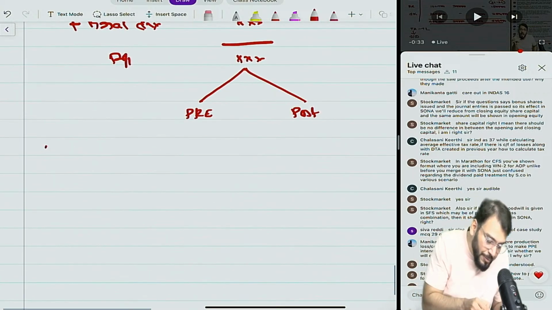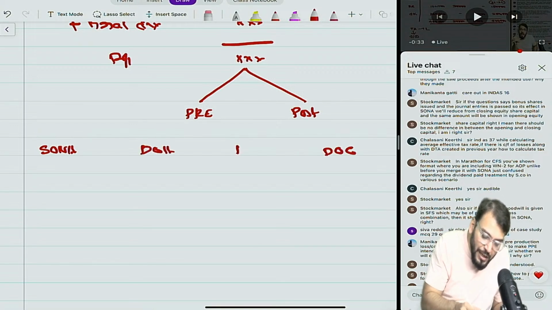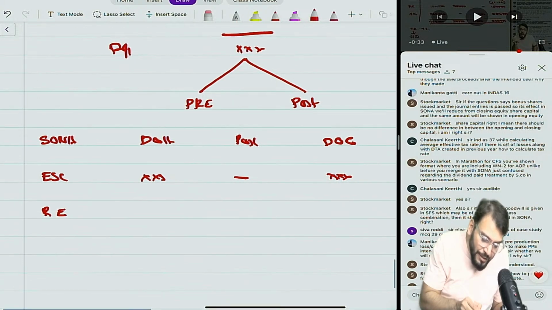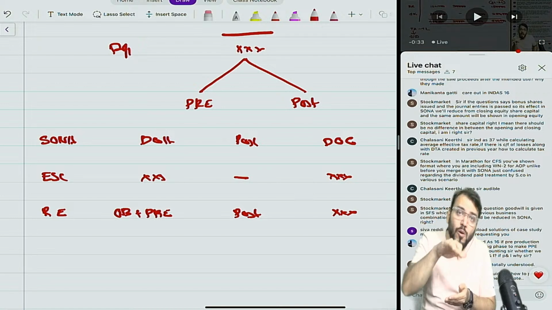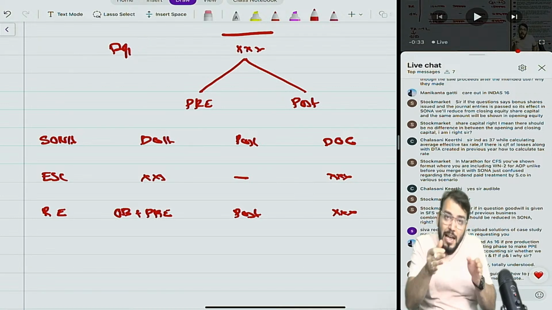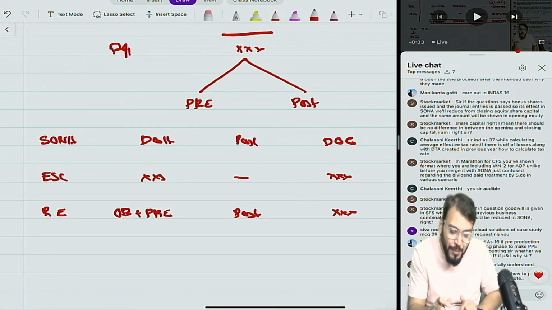Now after this I am preparing Sona. In this you are adding date of acquisition, date of consolidation, and post. Now we are adding equity share capital. Opening balance and closing balance normally remain same. Then we write down retained earning. In retained earning we write down opening balance plus pre-acquisition profit, and here we write down post-acquisition profit, and this will be the total. In the Sona which I used to follow previously, the time adjustment or allocation we used to do in Sona only.